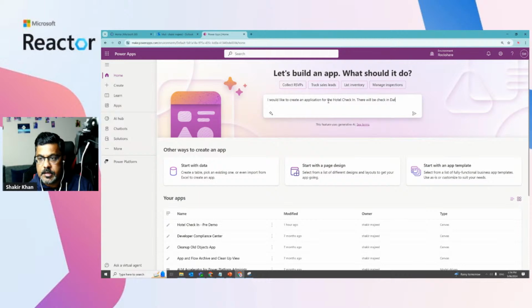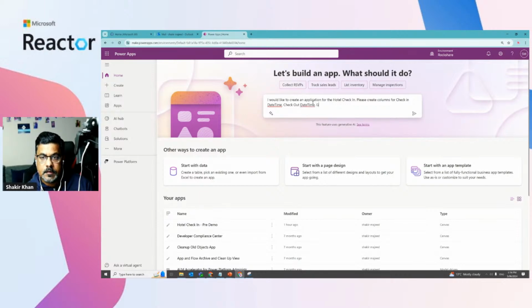There will be check-in date. I'll just say please create columns for check-in date, check out date. I'll just say check-in date time, check out date time,